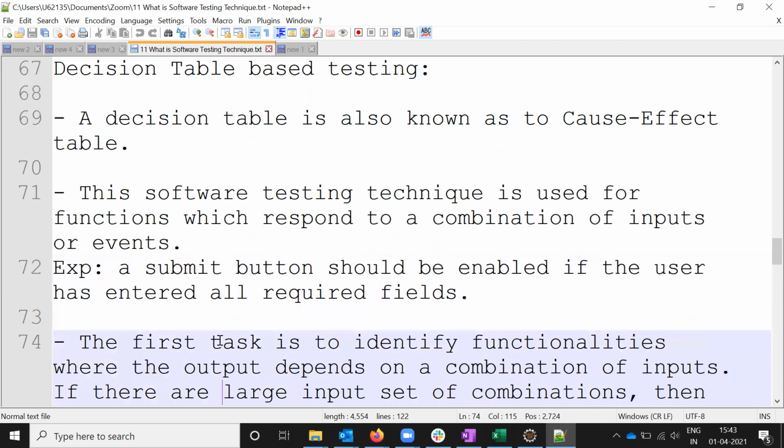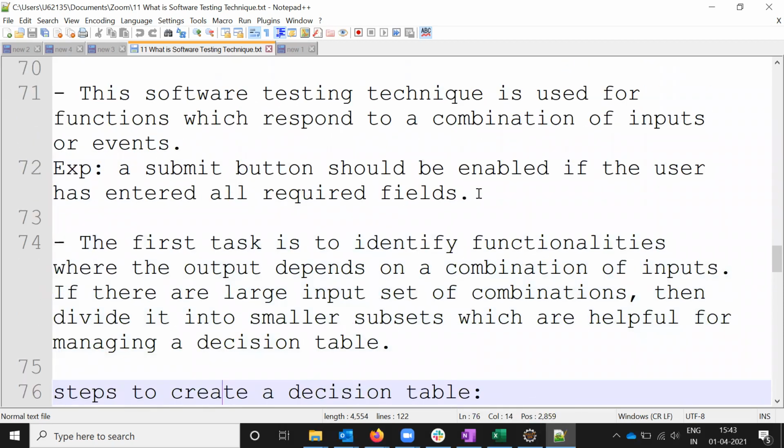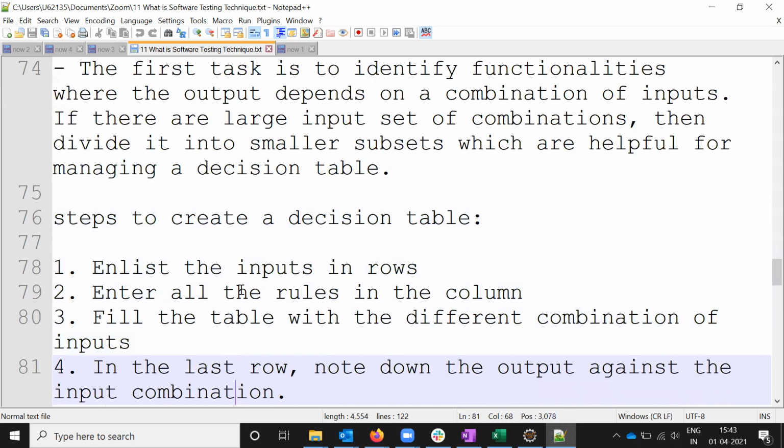For example, a submit button should be enabled if the user has entered all the required fields. The first task is to identify functionality where the output depends on a combination of inputs. If there is a large input set or combination, then divide it into smaller subsets, which helps you manage it.